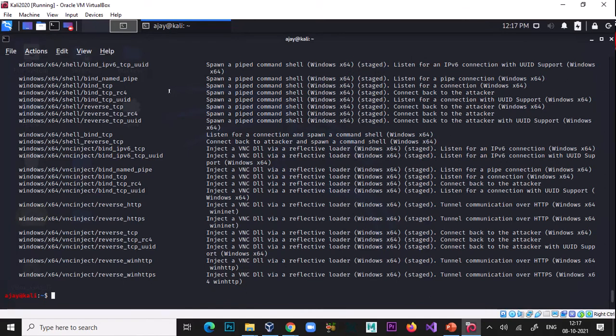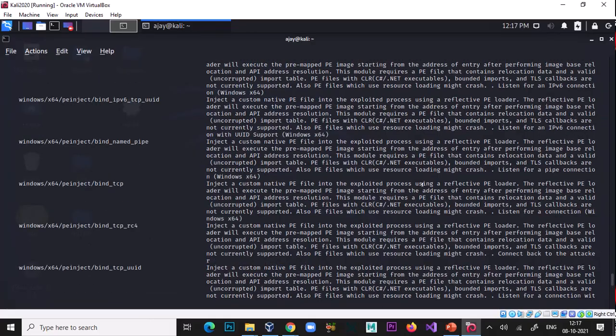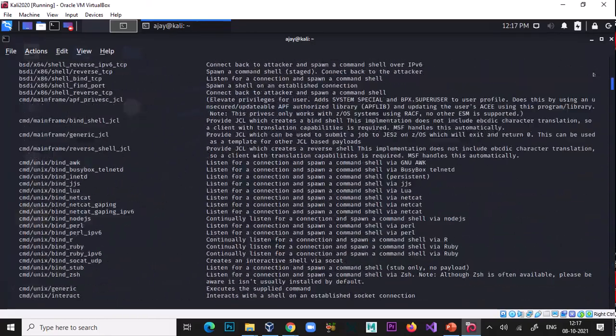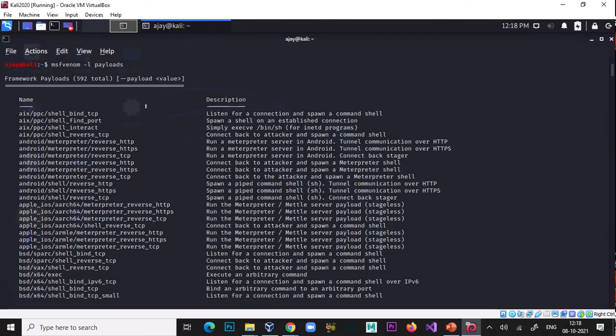Metasploit framework is available with Kali Linux, but can we install this Metasploit framework on any platform? Yes, you can install it on any platform, because you can download it from GitHub or any other kind of website, and you can use it easily, whether it is Ubuntu or Fedora.